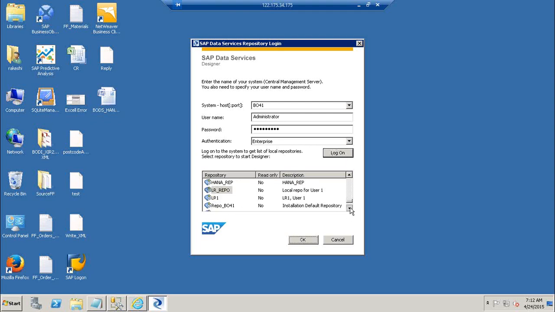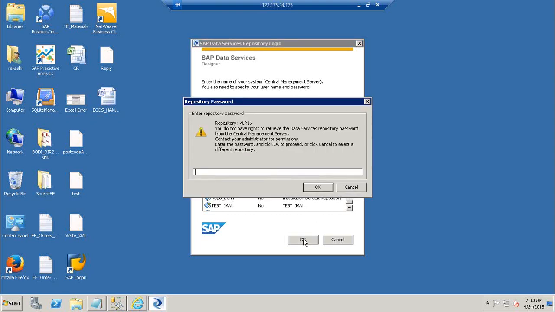So once you click on login, the newly created repository will also be added to the list. Or if I restrict a user to look at only this repository, when I log in with his credentials, only one repository will be displayed here in the list. So select the repository and click on OK, and here you need to give the database password using which you